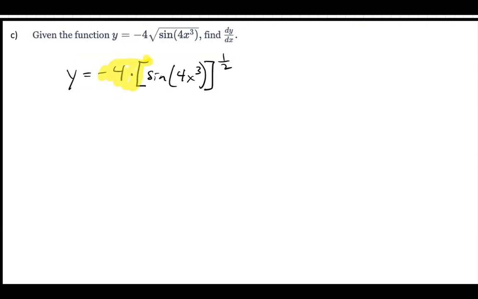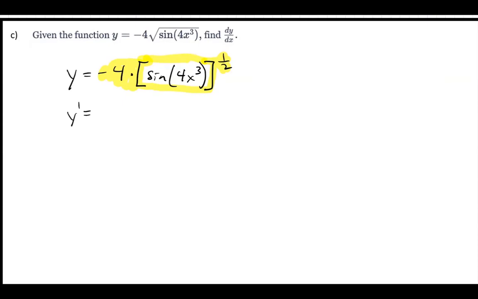Everything right here is a part of the outside. Everything that I didn't highlight stays the same the first time around, right? So I have 4 times something to a power. So the derivative is move the 1/2 to the front. When I move the 1/2 to the front,